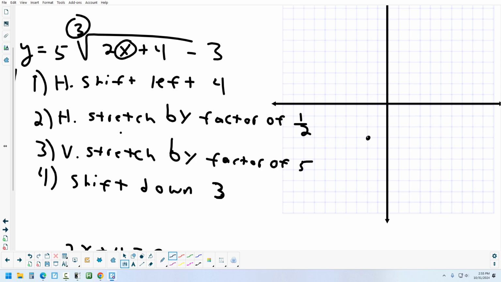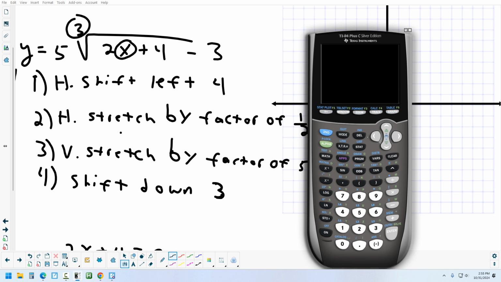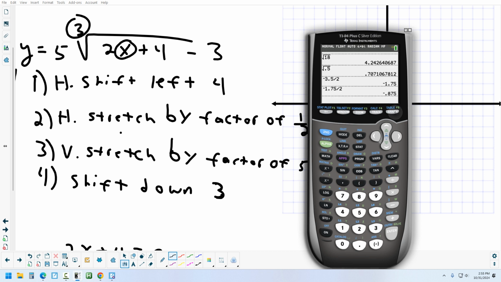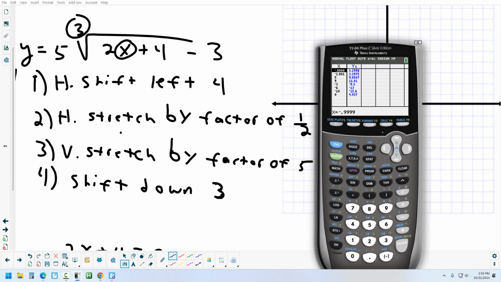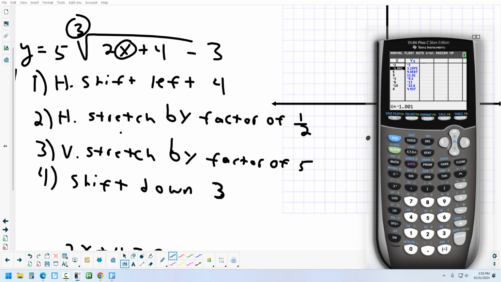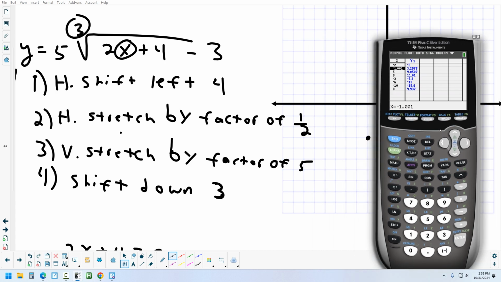Now, since it's an odd root, we said that it's a center point. I've got to check points on each side. What's the quickest way to get some more points on that graph? Yeah. Using the table on the calculator. So let's use the table. If you want, you can check the one you already did to make sure it's right. So we had -2, -3. And I would pick 3 points to the left of the center and 3 points to the right. So maybe -5, -7,